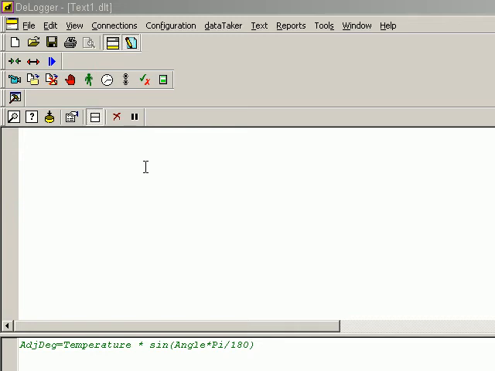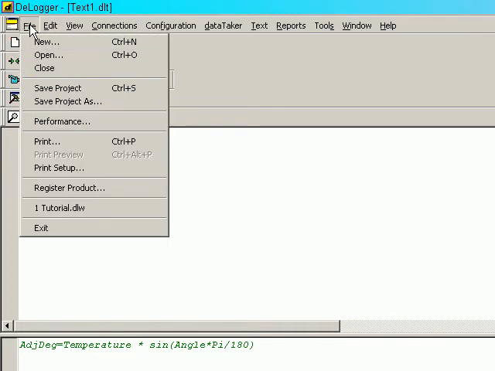Another very powerful feature of the dataTaker loggers is their ability to do statistical analysis. Now we're going to look at a problem where we want to take our temperature measurement and only record the maximum and minimum during a period. So we're going to measure the temperature every second, but we're only going to record the maxima, minima and average every 15 seconds. So let's create a completely new program for this, keeping our old one because it's